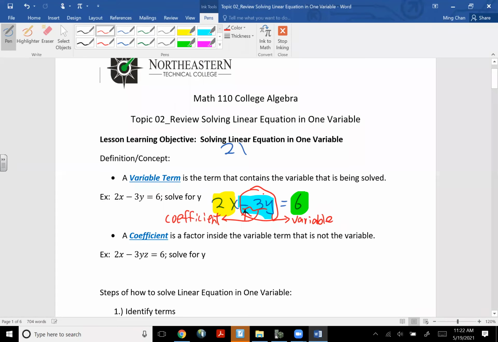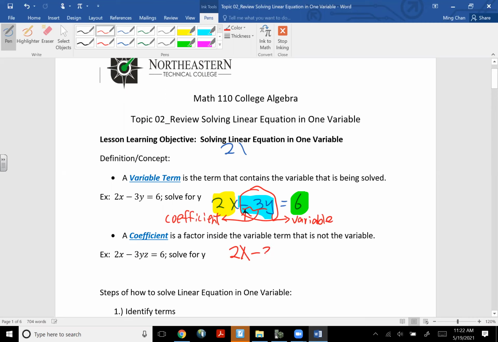What is considered a coefficient? Most people say a coefficient is a number in front of the variable. Part true. A better definition is that a coefficient is a factor or factors inside the variable term that is not the variable. So same thing,